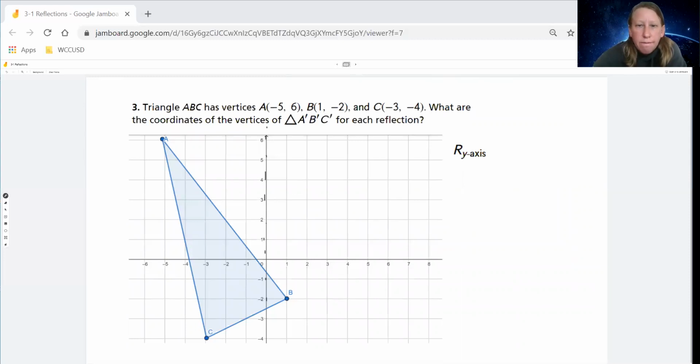Oh, you can't see that. All right, fail. I'm just going to stick with this. Okay, so